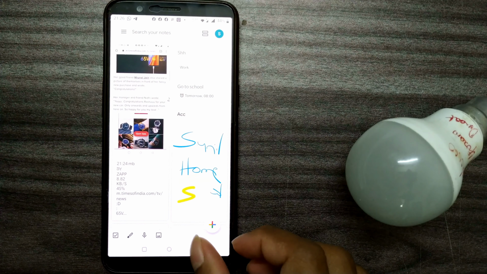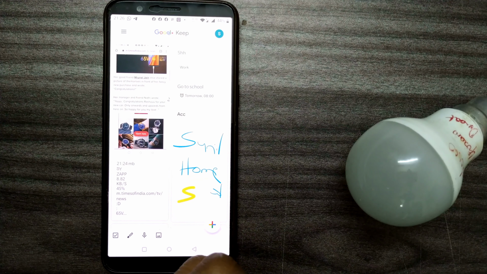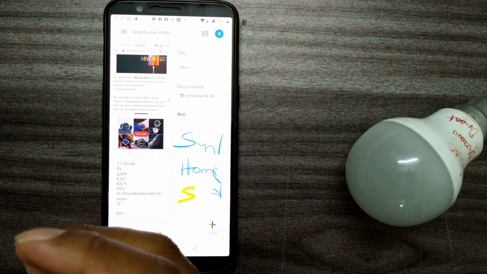So friends, I hope you got a hands-on experience on how to use this app called Google Keep. It's a very popular app for small note-taking and many other purposes. Well, for me, I use this extensively. I use this for all the things that I do in my day, my planning, all my listing, all my things that I need to be reminded of. I use this very much. So it has become a part of my life.